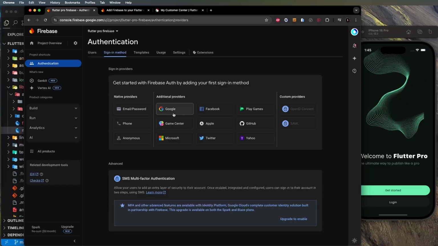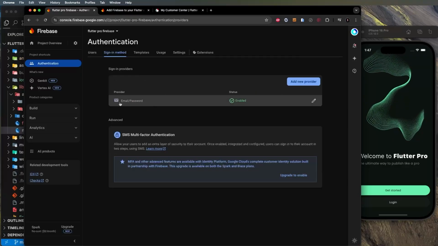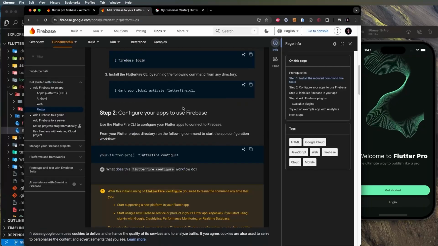All right, so you can authenticate your user in many different ways. But inside this video, I will show you how to do it with email and password. For this, you will need to enable the email and password and click save. So that's good for the email and password, but we still need one more thing in order to initialize Firebase